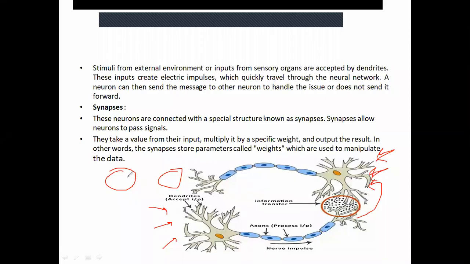Okay, and the neural network that we have to study is actually based on this. Whatever we have over here, like the dendrite, similar to this I have something in the artificial neural network, similar to the axon. I have something that I'll tell you. What are these synapses, what are they doing in our ANN, what is their function? This I will tell you later on. So first tell me, is this structure clear?